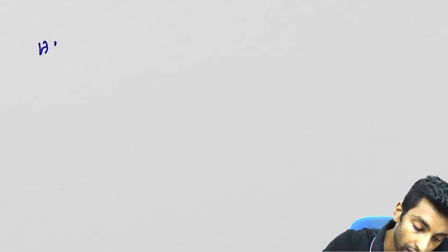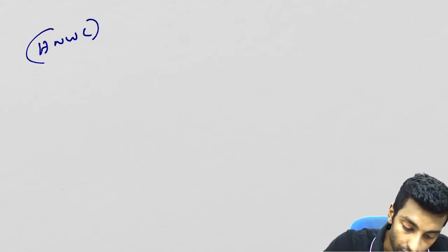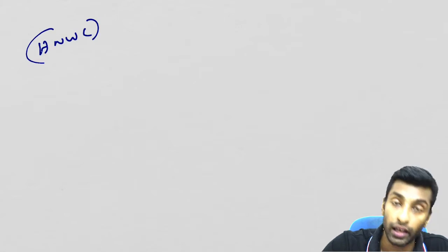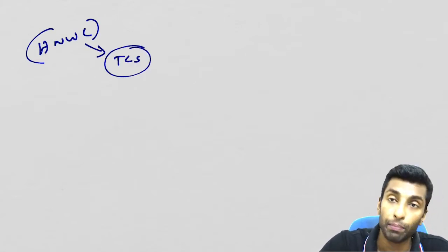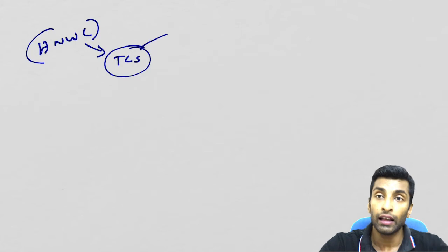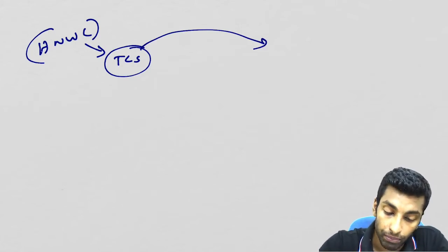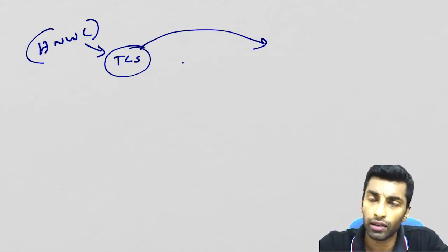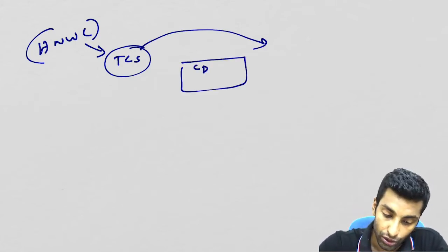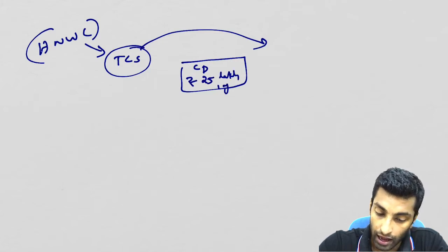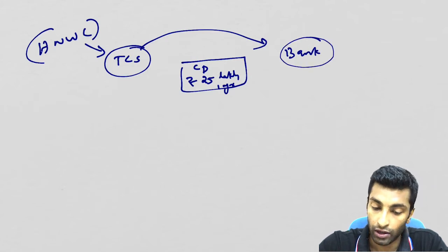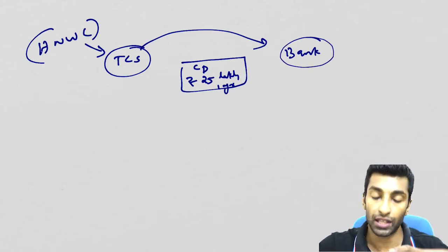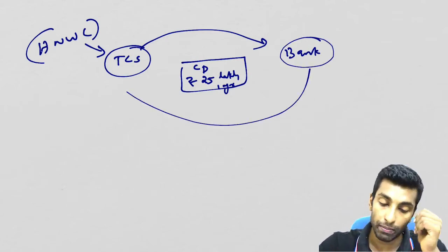Now how will it happen? High net worth company, let's say Wipro or TCS. This company issues a bond or security or a commercial paper, CP, rupee 25 lakh and maturity 1 year, to the bank. So the company issued security to the bank. Now what the banks will do,